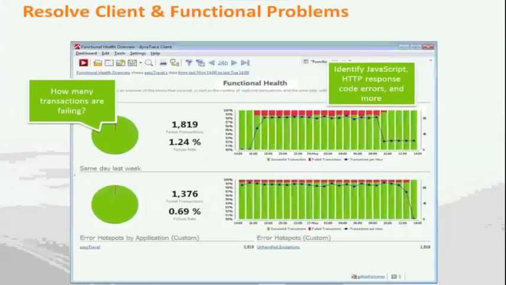So you are able to identify issues, like what is the failure, the JavaScript, the response code, and compare this with, so this is for this week, this is for the same day last week, and you can see what the difference is. Have you introduced some changes this week which are impacting this compared to your performance last week? These kinds of analytics are really helpful to see the functional health of your web application week on week, month on month, and see comparatively what the failure rate is, why it is increasing, and start to drill down.